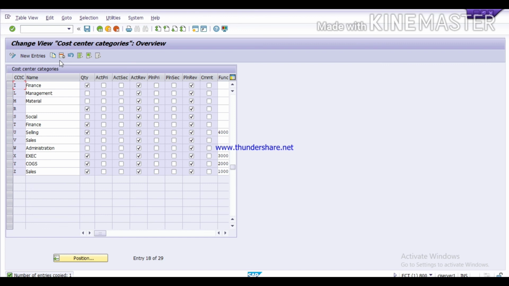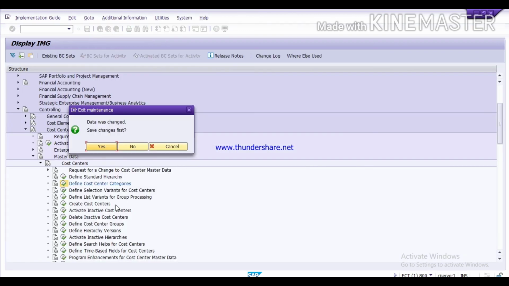So here you can maintain cost center categories for different cost centers. You can choose the standard one, or you can create new cost center categories. So we have completed this configuration.